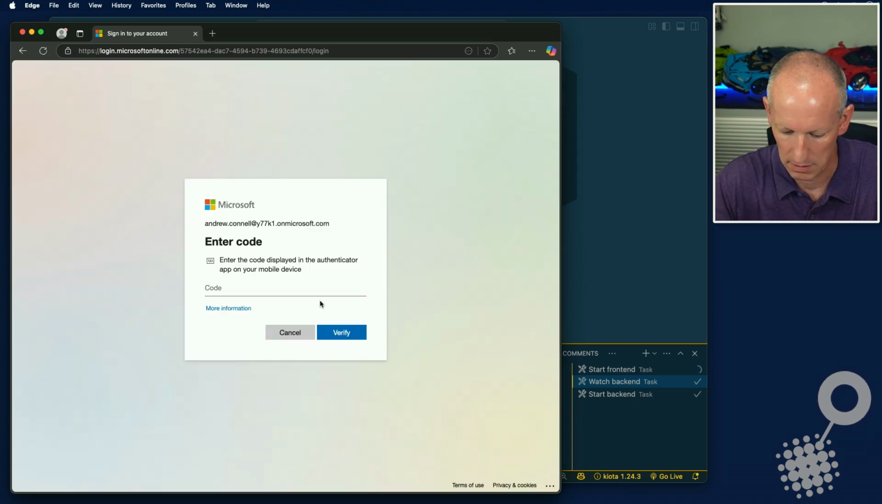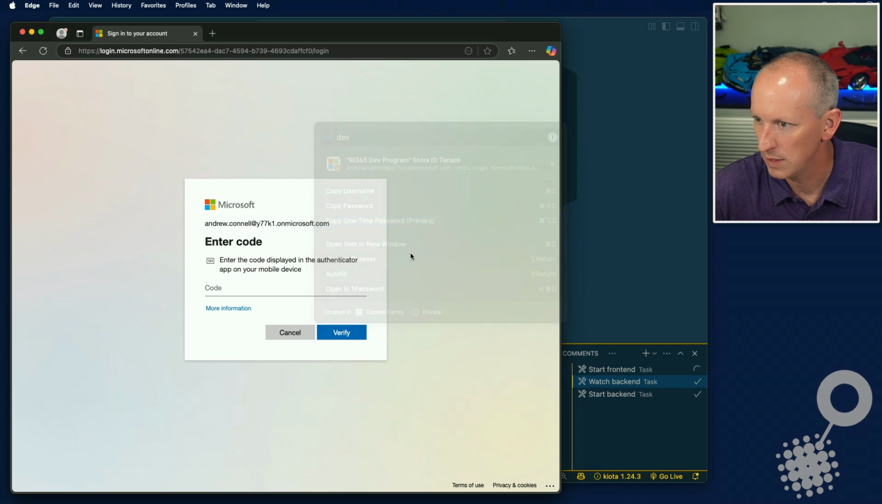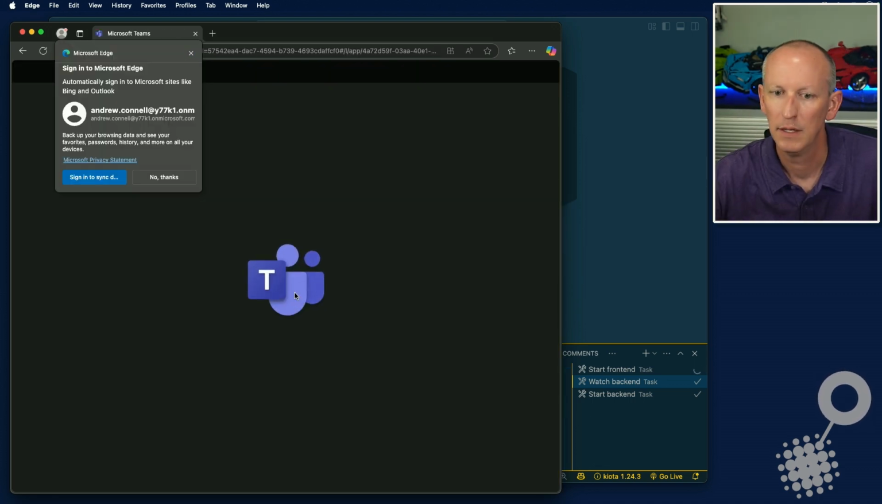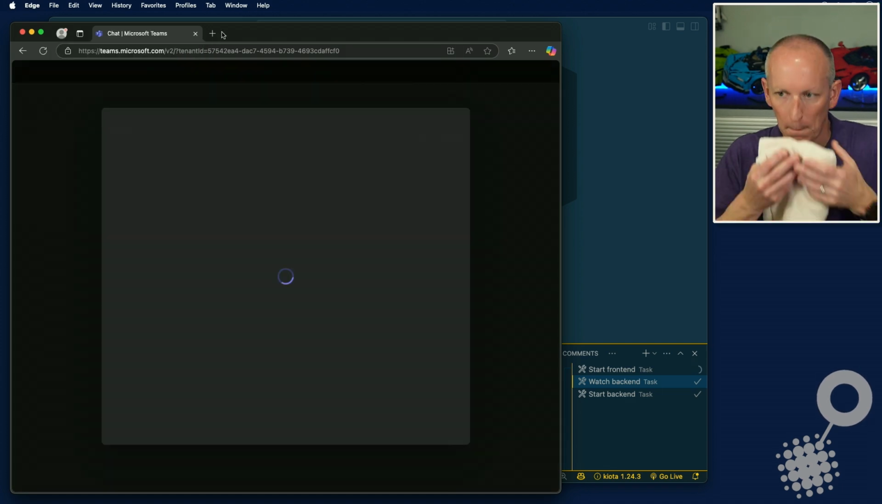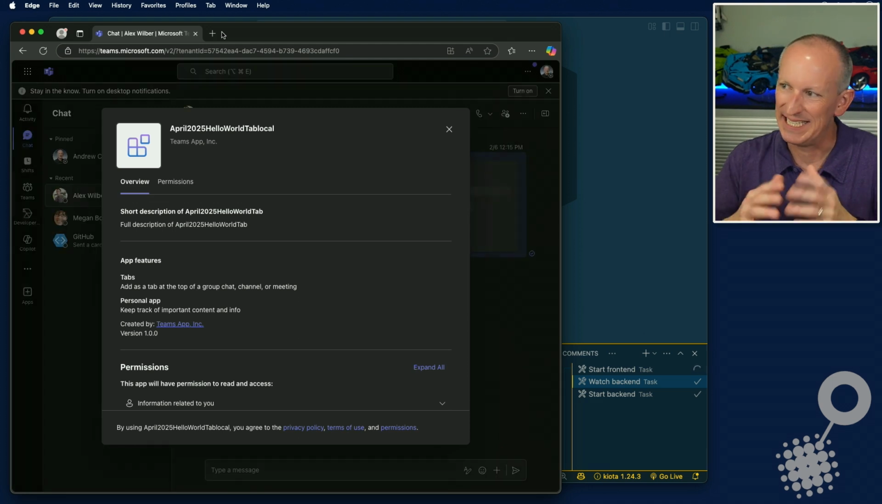And then I need the one-time password for multi-factor auth. Oh my God. Don't need that. So what this is now doing is it's launching Teams, it's uploading my project, and it's effectively